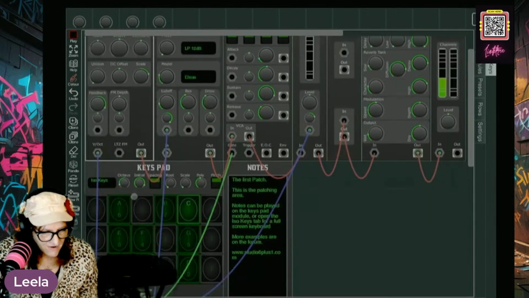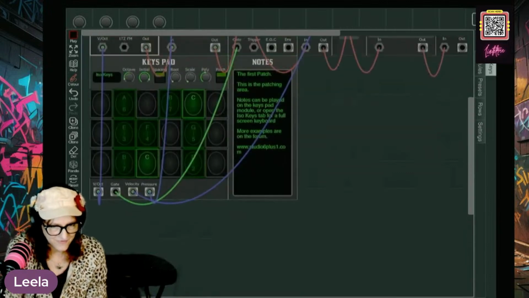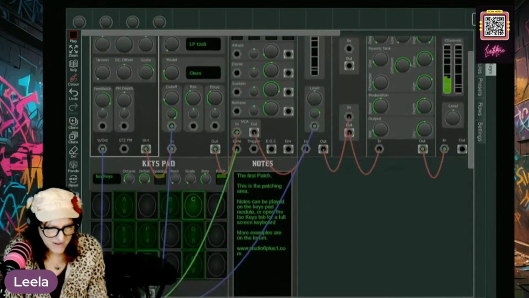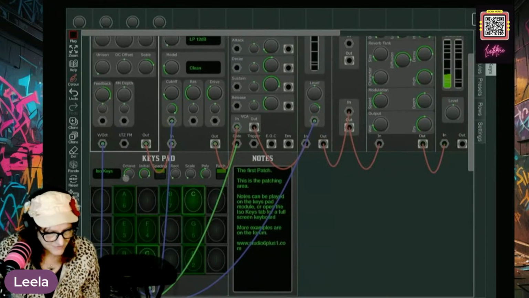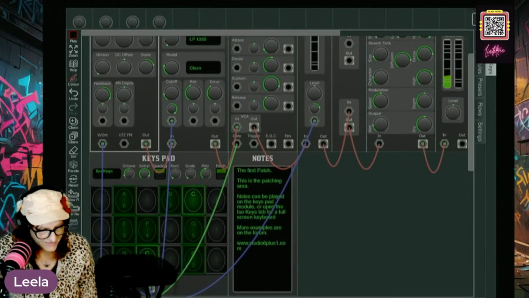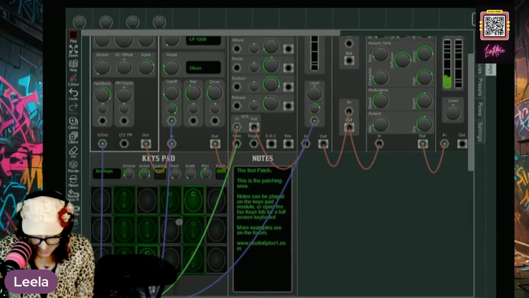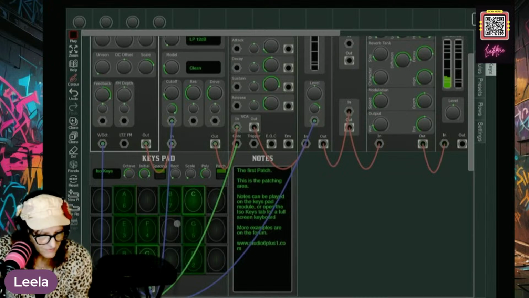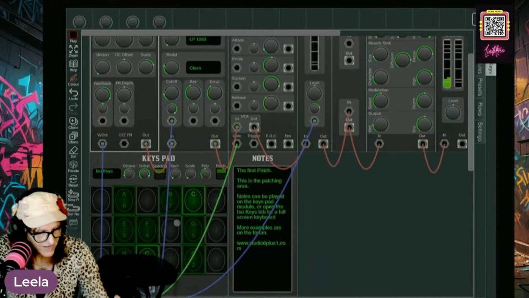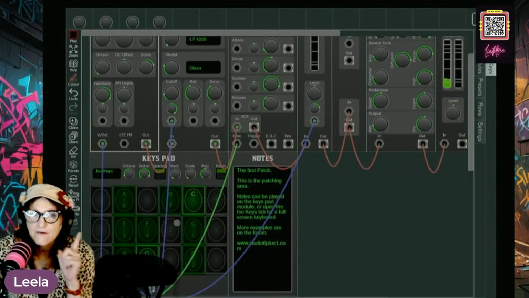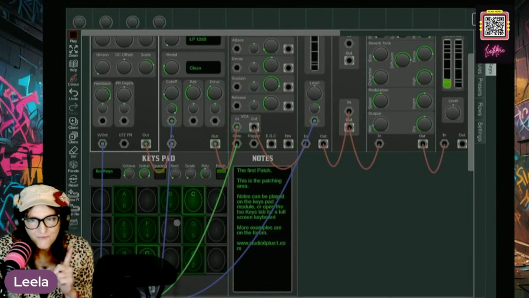And you see voltage per octave is coming from these keys. So this keypad is running the single volt per octave, right?